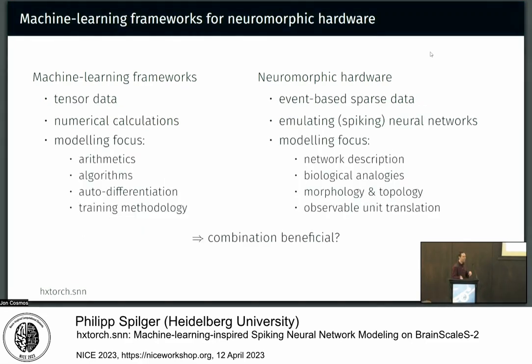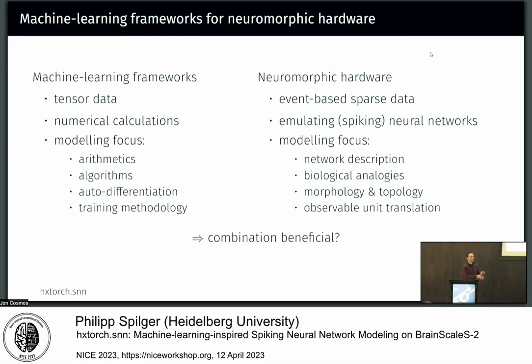To put this a bit more into context, on the machine learning side, we always have some form of tensor data and do numerical calculations with it. Our modeling focus is on the arithmetics, on the algorithms. We typically have auto differentiation, which we use, and the training methodology. Those are all parts that we want to use